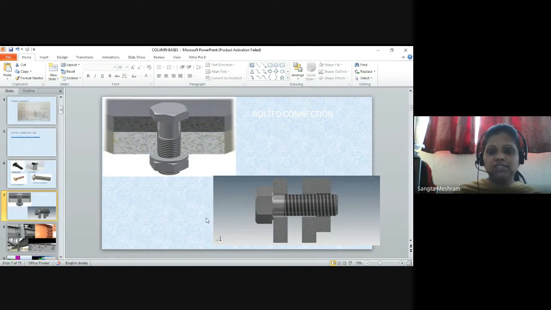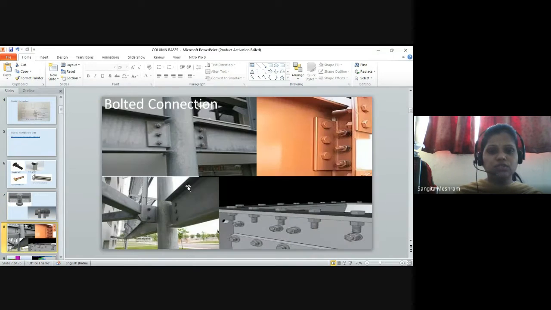So these are bolts. Head and shank. There are basically two components, just like in a rivet, the same bolt has head and shank. But the shank portion is plain and also has the threaded portion. These are the threaded portions. And we can use the washers also for the connecting system. So this is the bolted connection we have to use.